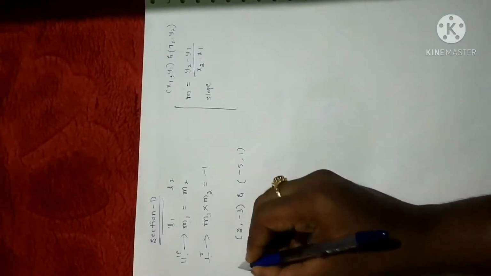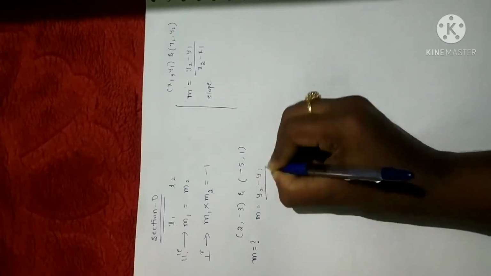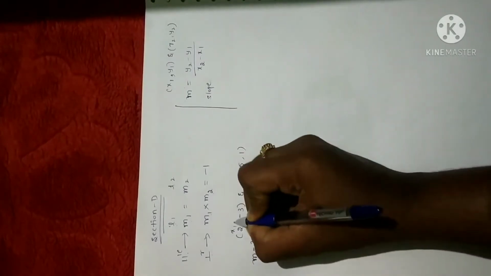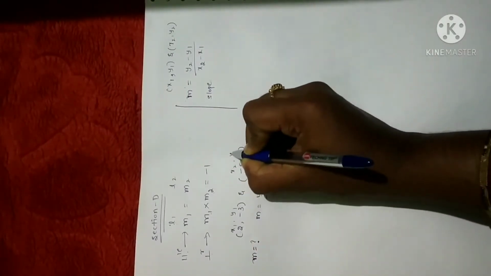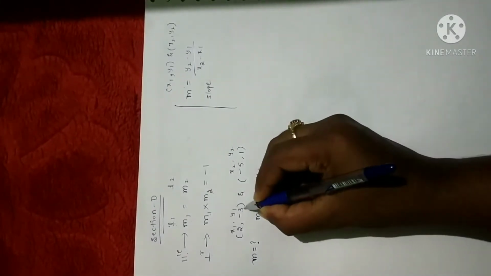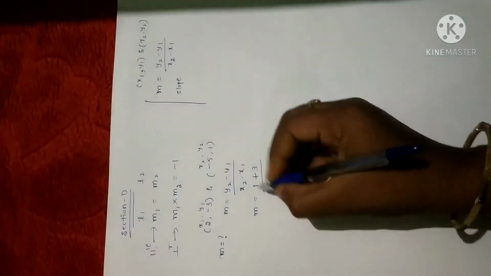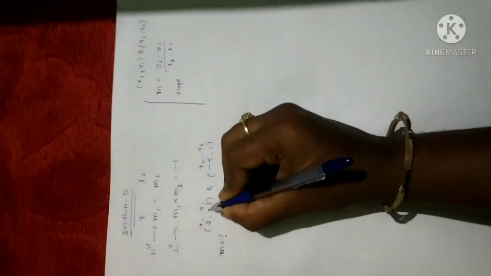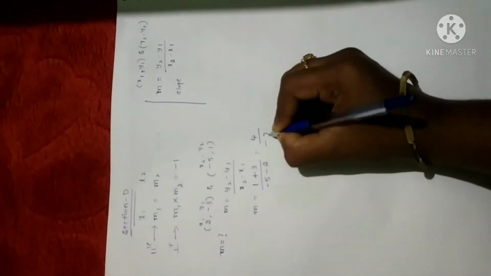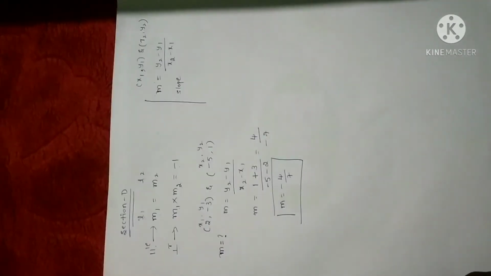Now I am finding the slope of these 2 points. First write down the formula m is equal to y2 minus y1 divided by x2 minus x1. Take the first coordinate point as x1, y1 and the second coordinate point as x2, y2. Now substitute in the formula: y2 is 1 minus y1 is minus 3. Minus of minus will become plus 3, divided by x2 is minus 5 minus x1 is 2. So after simplification, you will get minus 7. That is m is equal to minus 4 by 7. So this is how you are going to find the slope.